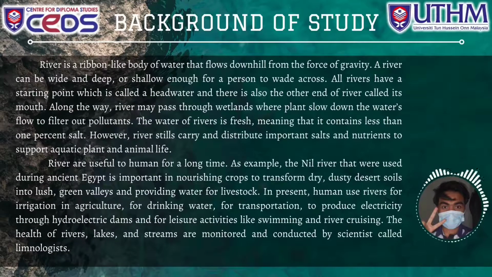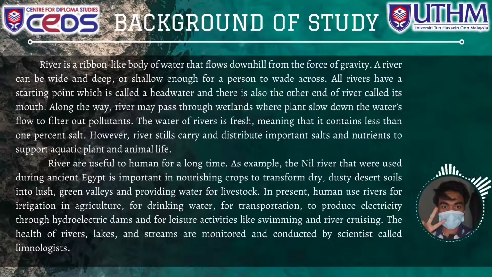Firstly, let's talk about rivers. A river is a ribbon-like body of water that flows downhill from the force of gravity. A river can be wide and deep or shallow enough for a person to wade across. All rivers have a starting point, which is called a headwater, and there is also the other end of the river